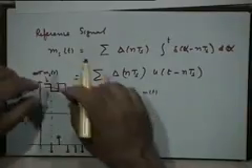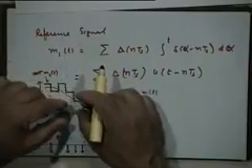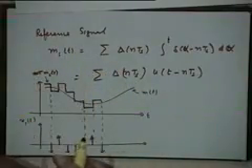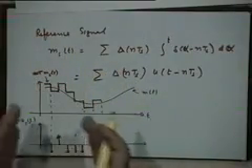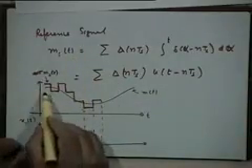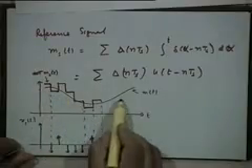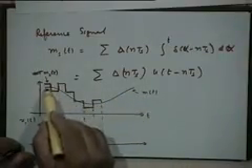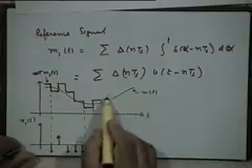Of course this is a very crude picture, in the sense that I have taken this step size to be very large, and this sampling interval to be rather large. You can make the sampling interval rather small and the step also rather small, and then, as you can see, this picture will more or less closely approximate the actual waveform that you are looking for.